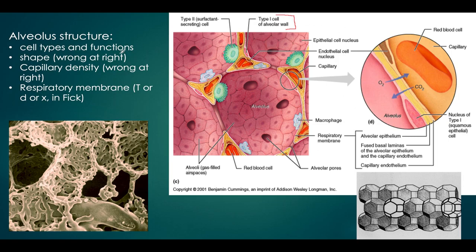We'll talk about that. Type 2 cells do not form part of the wall. Rather, they're sort of interspersed, but you're not really diffusing across them because they're big fat cells. These cells are producing something called surfactant, right? And surfactant is all about reducing the surface tension of the water that lines these alveoli, right? There's a very thin